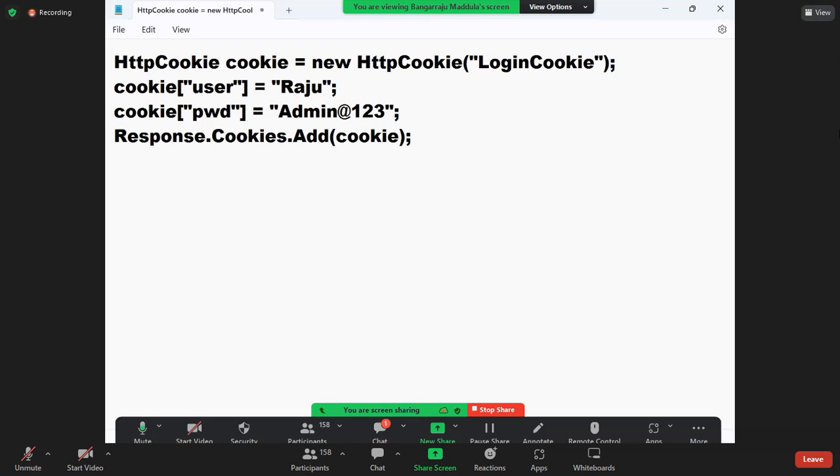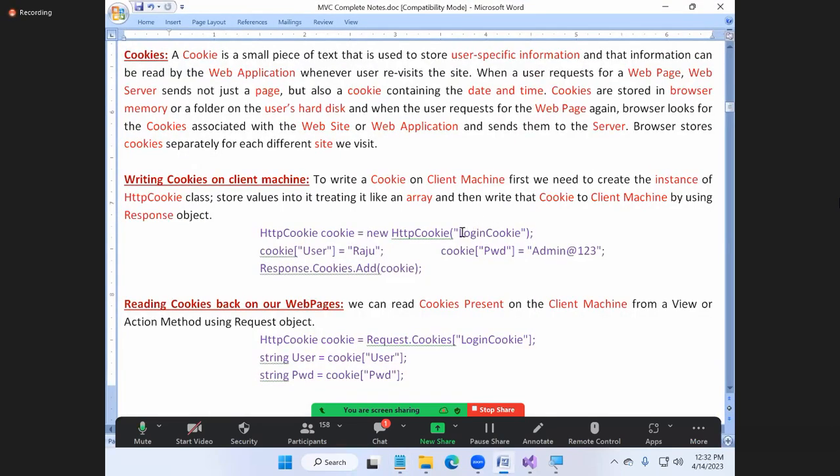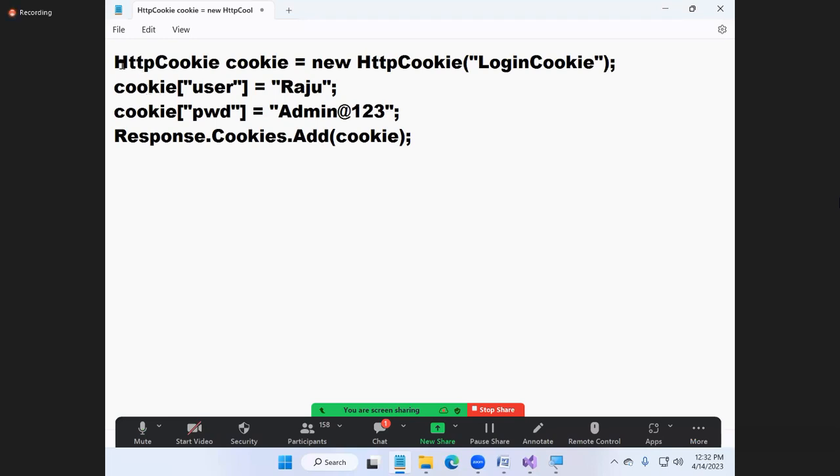When you say Response.Cookies.Add, immediately this cookie gets added on the browser. The cookie is now added to your browser. So now you have a cookie on the browser. Are you clear? Next, this is writing or reading? Writing. Now let us learn reading.